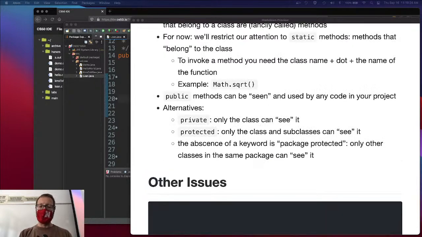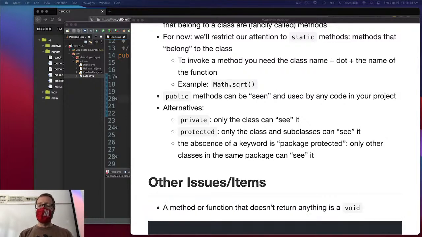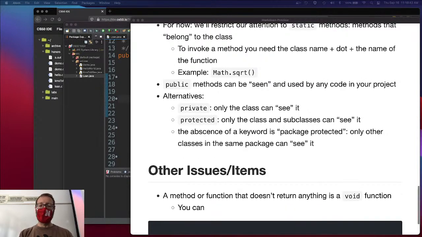Other issues slash items. A method or function that doesn't return anything is a void function or method. You can make the return type void. And what is void in plain old English? Nothing. It returns nothing. You can make the return type void to indicate that it returns nothing,